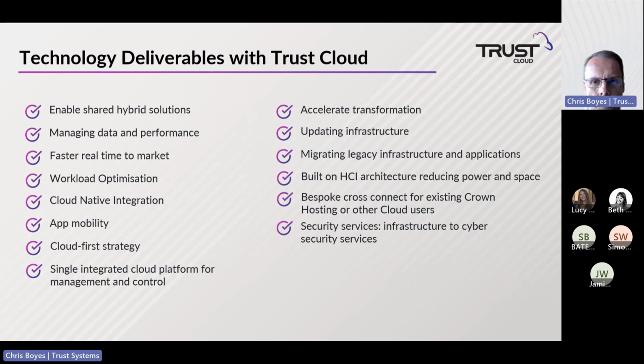So we were having a call with NHS Business Service Authority, and they asked us, a lot of these are common with the other hyperscalers or other players in this market, but what's the trust specialization? So it's really about how we can support some of the more legacy environments in the Crown hosting environment, and then how our combination of the Crown hosting plus the Nutanix hyperconverged platform and that single pane of glass across cloud locations allows us to take the client on that journey,